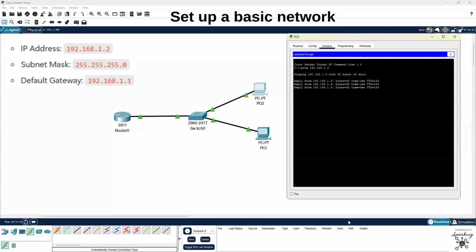So let's see, can we ping it? And a ping means, well, like ping pong. So if I hit the ball, it's supposed to come back to me. So if I say, hey, I should get a hey back. That's how ping works. That means that I can communicate with you. This device can communicate with this device. Or I should say, this IP can communicate with this IP. All right. And that's all we're testing. And as you can see, we have a reply from PC1 saying, yep, you're good. We got the bytes, we got the time to live, and we have no packets lost. Can you see 0 loss? That means that it can communicate.